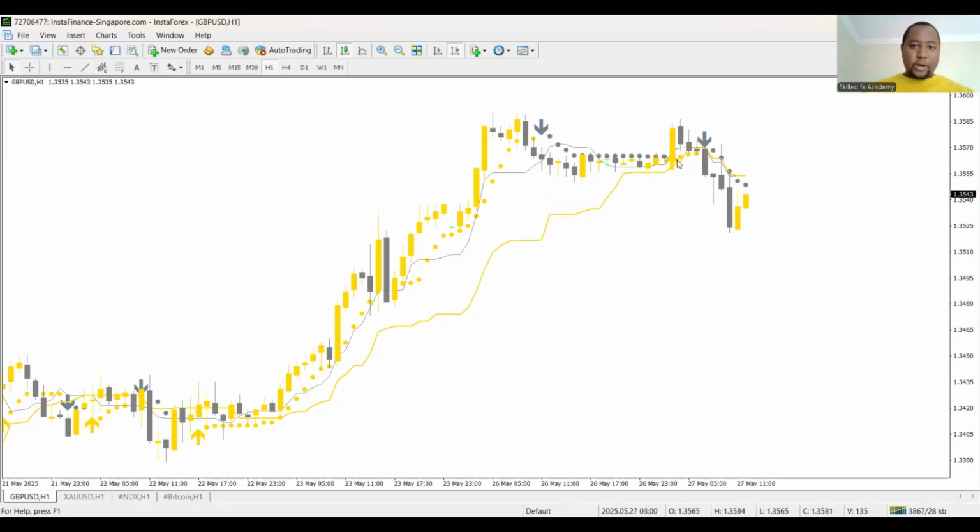Okay. Now, would I have taken this buy? Yes, I would have taken it. Would I have hit a stop loss? Yes, I would have probably hit a stop loss. There we go. I would have taken this buy. I would have been in profit. Again, maybe if I'm taking on,